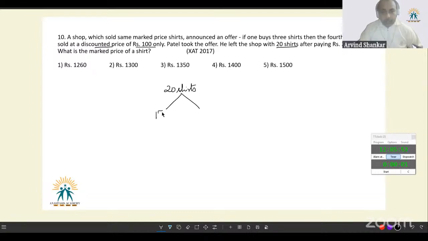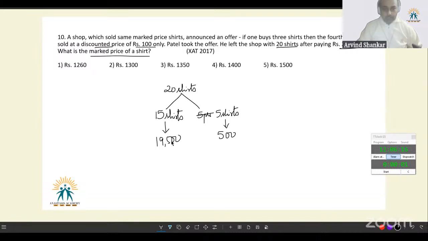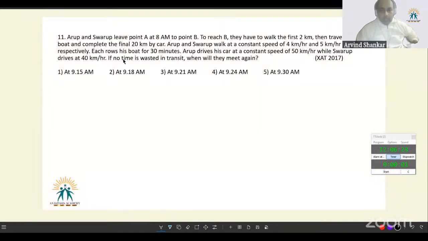full price he would have paid for 15 shirts and discounted price for 5 shirts. So for 5 shirts, because the discounted price was 100, he would have paid 500. And for 15 shirts, he would have paid 19,500. He paid 20,000 in total. Then the marked price of a shirt, we can happily get to by 19,500 divided by 15, which is equal to 1,300, which loads of us have managed to reach. Excellent. This one then,